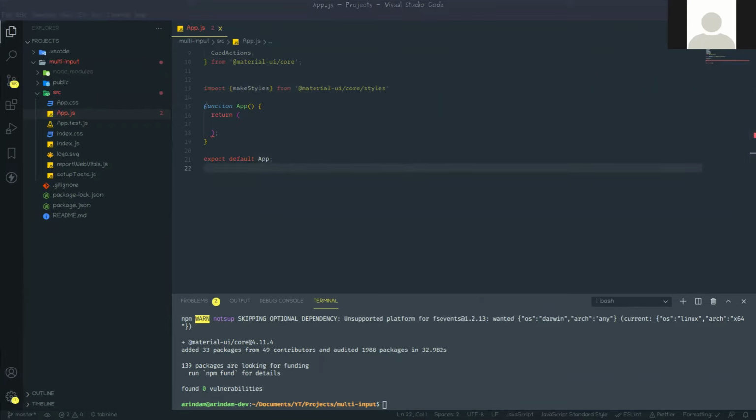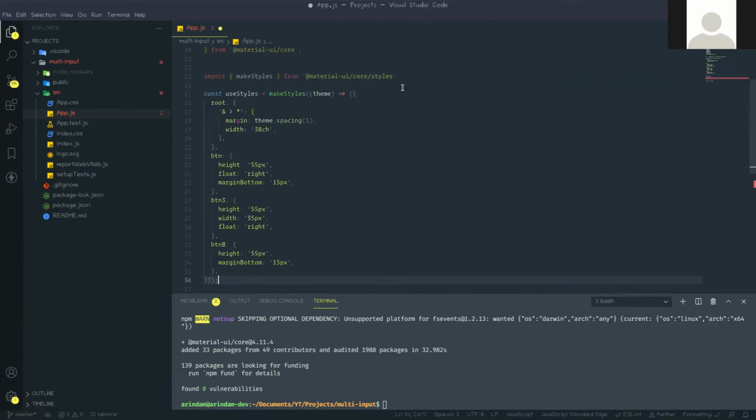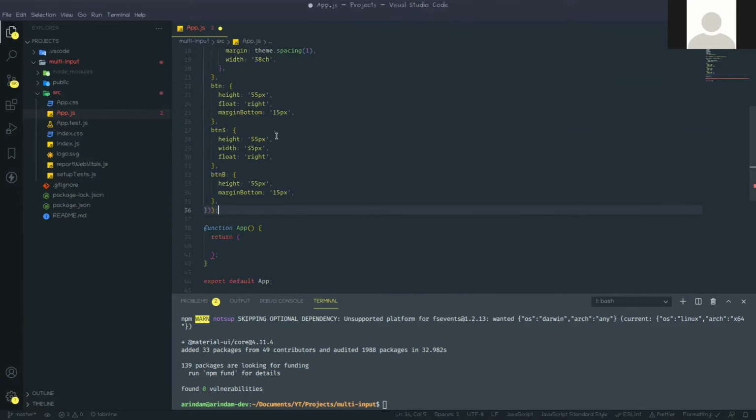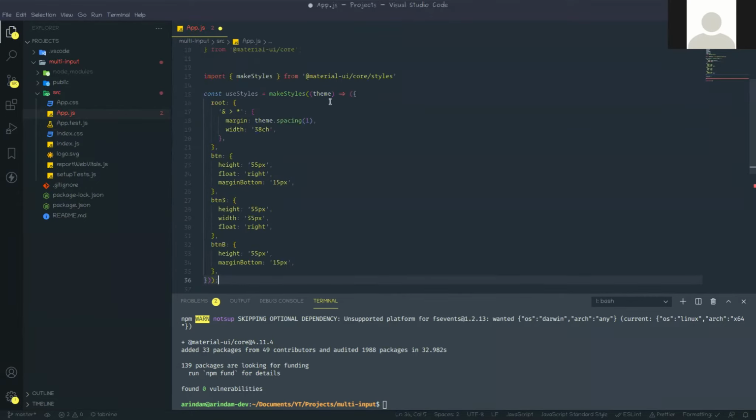So you will get all the source code from the description. Means you will get the GitHub repo. So from there you will get the source code. Okay, so you just copy the styles from there. So this is the style. This thing you need to copy from there.